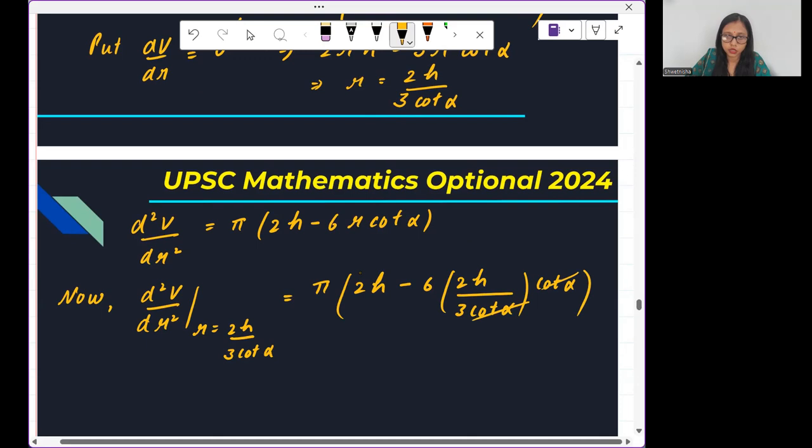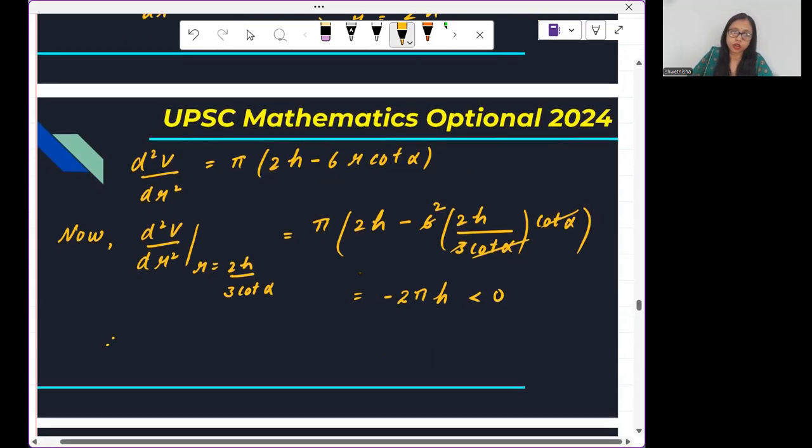It gets cancelled, 3 into 6. As you can see, it's minus 2 pi h, definitely less than 0. Therefore, this is a point of maxima. That means at r equals 2h divided by 3 cot alpha,